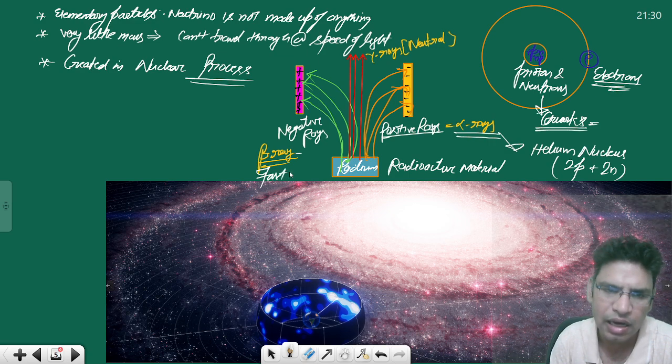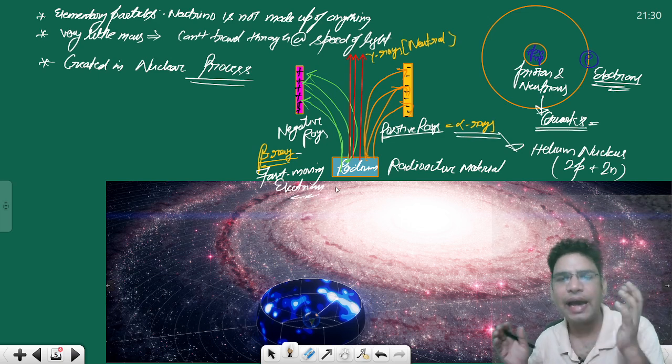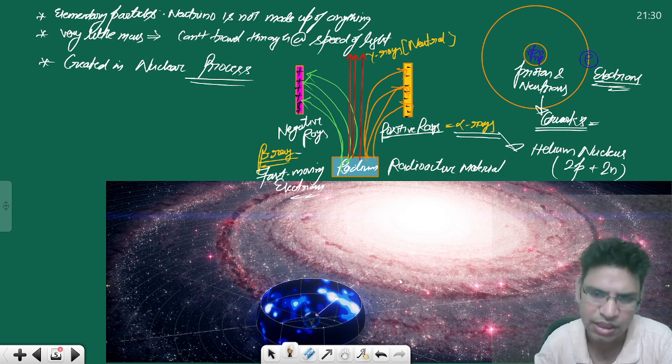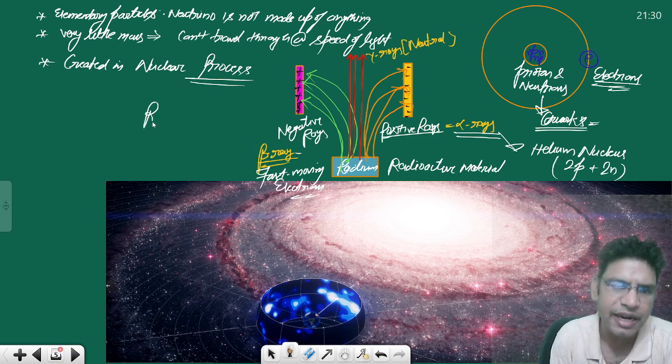They are fast moving electrons. Okay. So this is how an atom which is unstable radiates, and this process, this radioactivity, is mediated